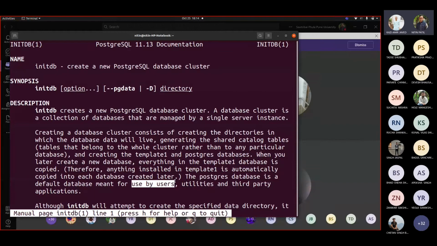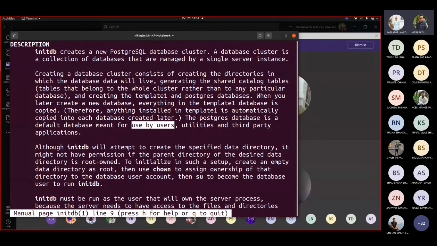So like when classes are offline and I'm teaching this course in the class, I always check abruptly anytime in between the class which login the user is using, whether he or she is using Postgres or something else. If I find that the person is using the Postgres database, then that person is supposed to give a treat to the remaining students in the class, and it is compulsory for everyone. So I assume most of you are working with your own user and not Postgres. Okay, so anyway, we would be testing that after you come back here, probably. Now don't ask me when. Okay, let me move further.